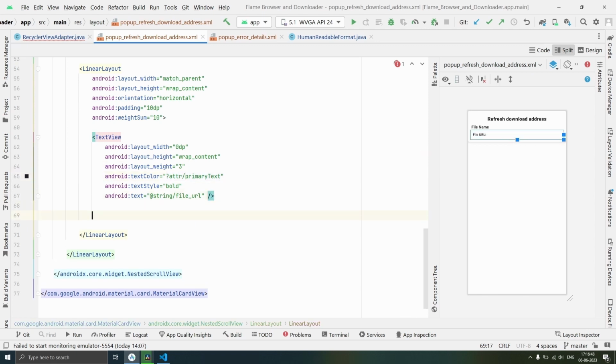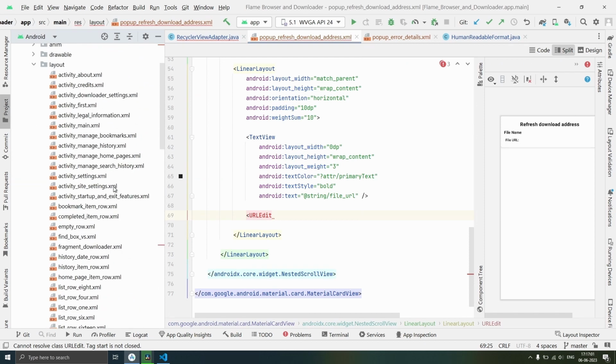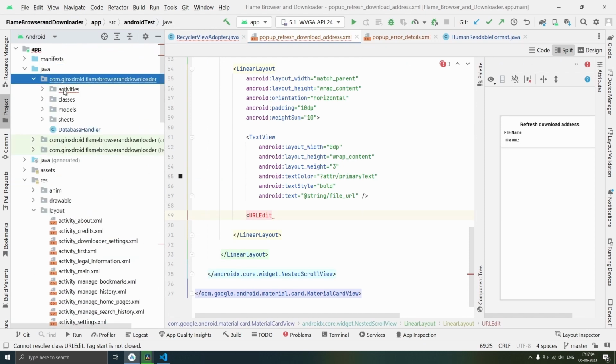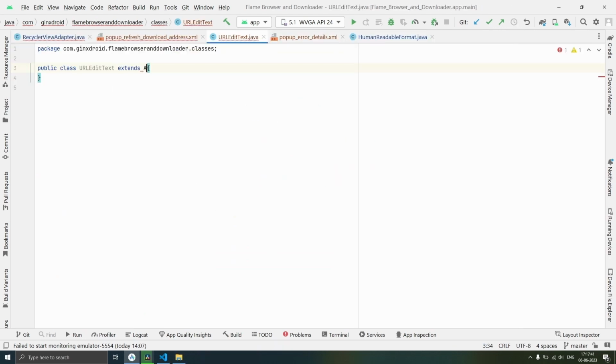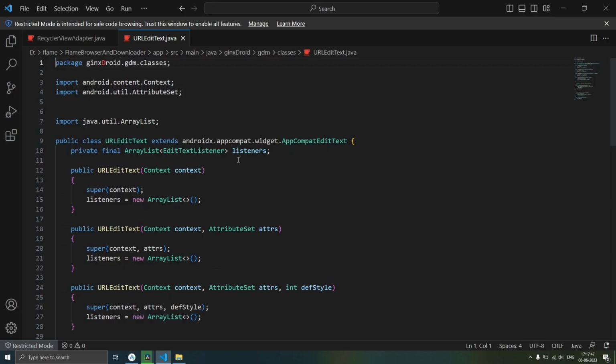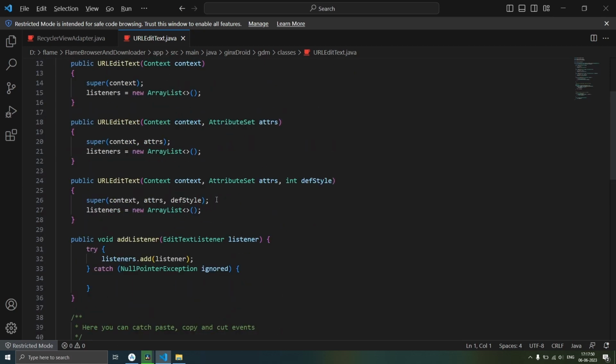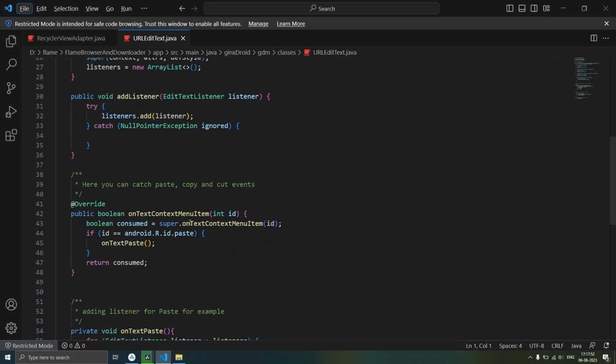Now after that we will add URL edit text. So we need to create that. So in our classes package we will create new Java class. We will call it URL edit text. It will extend app compat edit text, and will override its all constructors, but before